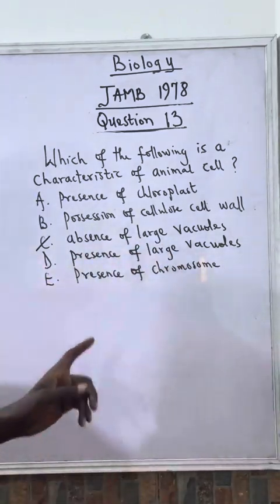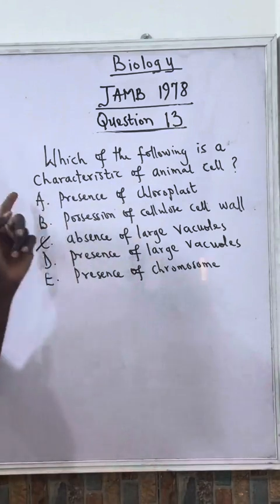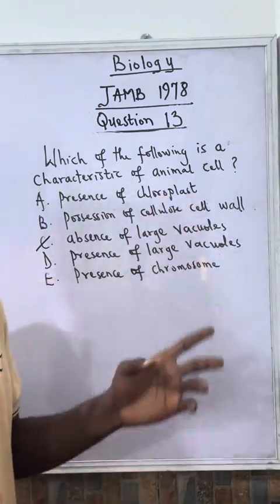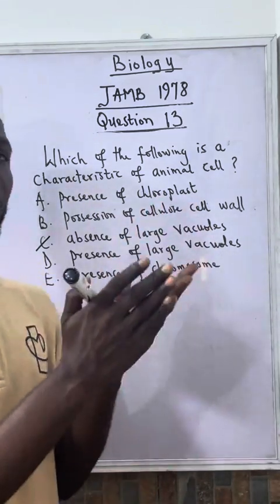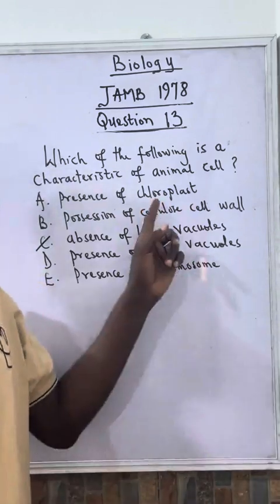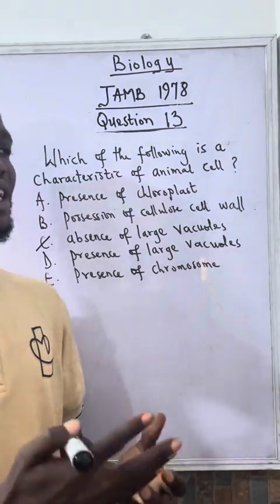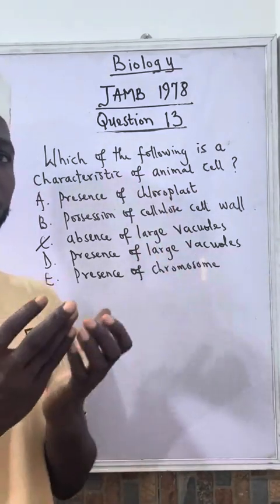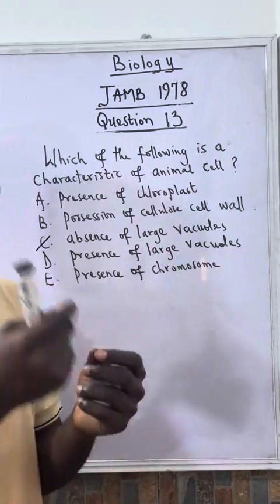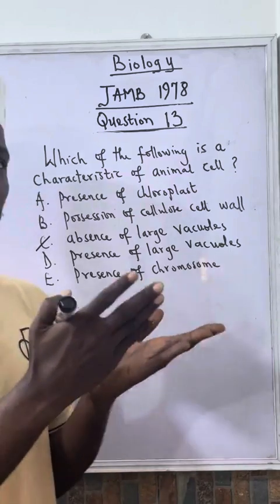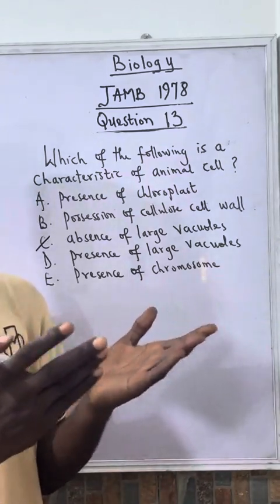Let me break it down. Starting with option A, this is wrong. The reason is that presence of chloroplast. Chloroplast is only found in plant cell. So chloroplast is where chlorophyll is produced, and chlorophyll is the green pigment in the leaf. So in the leaf of plants, that is always found in the mesophyll layer,